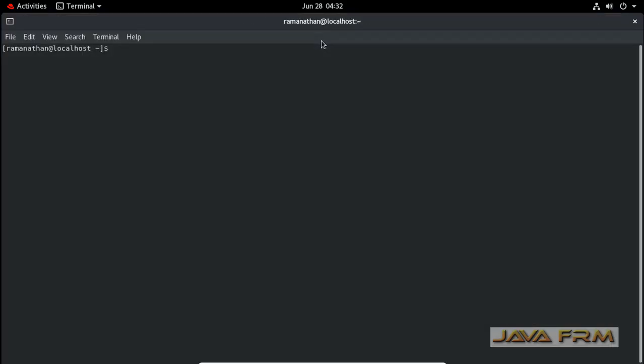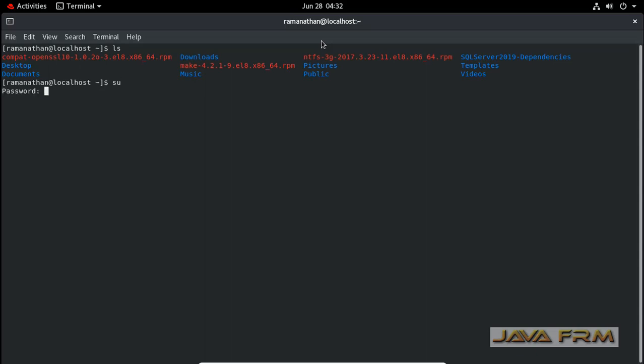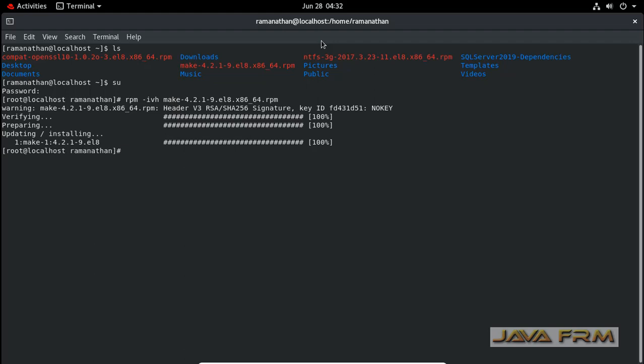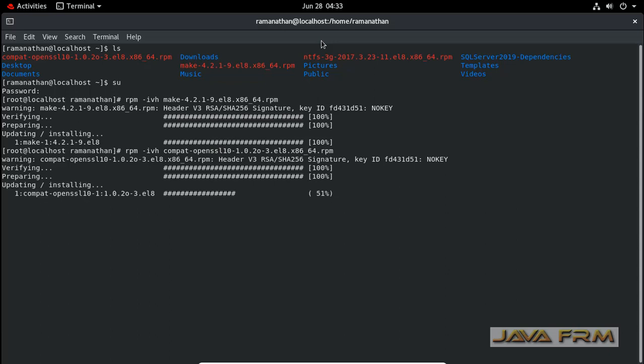we need to install Compat OpenSSL. So in case of any OpenSSL compatibility issue, this Compat OpenSSL library will deal with that. So I am installing Compat OpenSSL also. So this is only for Red Hat Enterprise Linux 8 series.